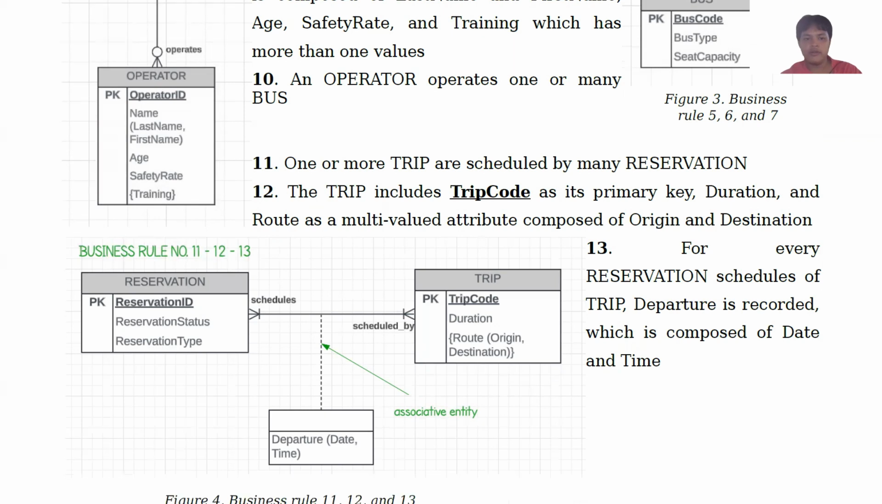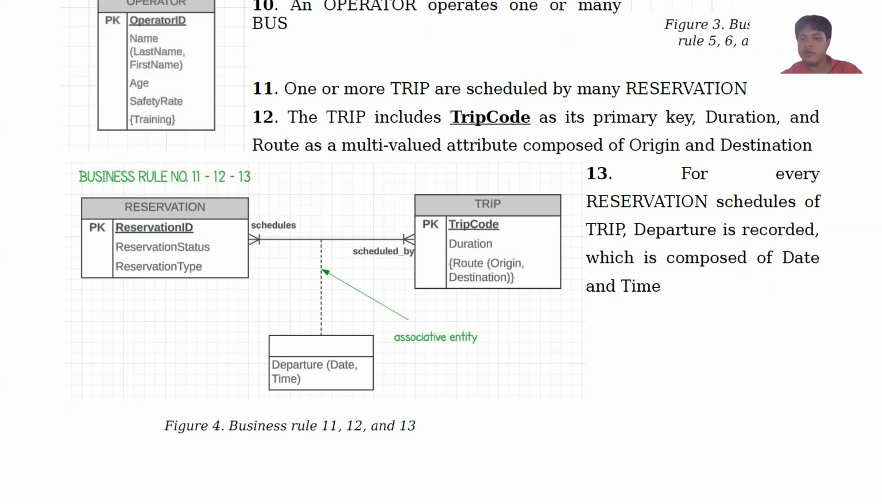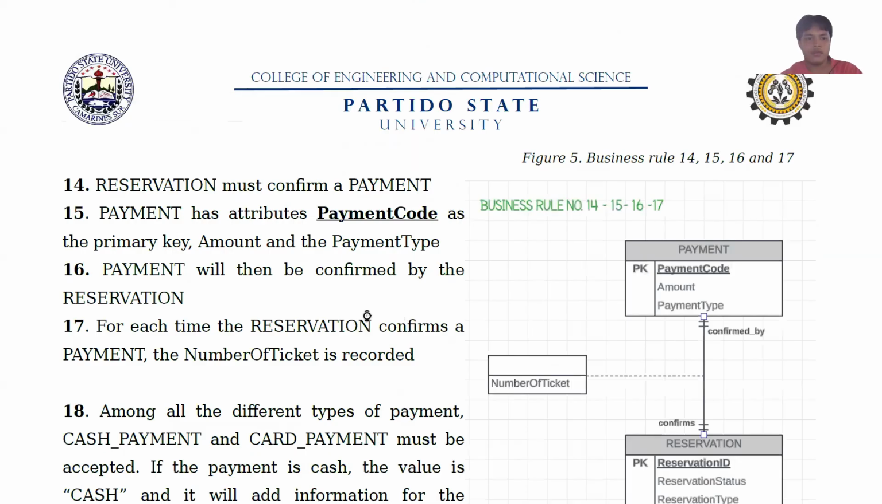reservations. Number 12, the trip includes trip code as its primary key, duration, and route as a multi-valued attribute composed of origin and destination. Number 13, for every reservation in schedules of trip, departure is recorded, which is composed of date and time. Number 14,